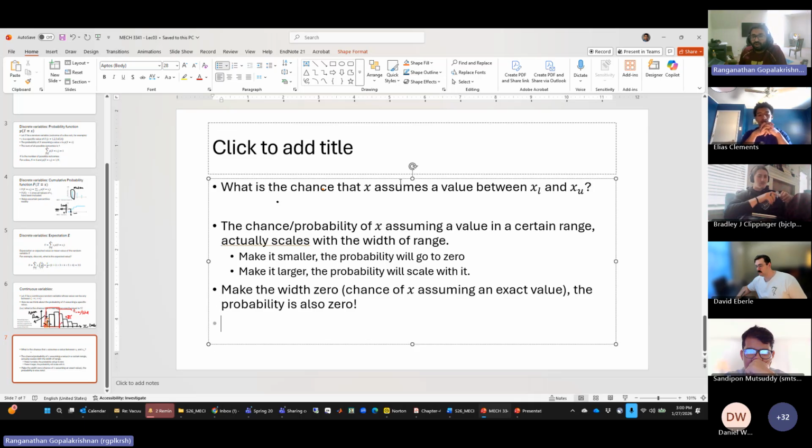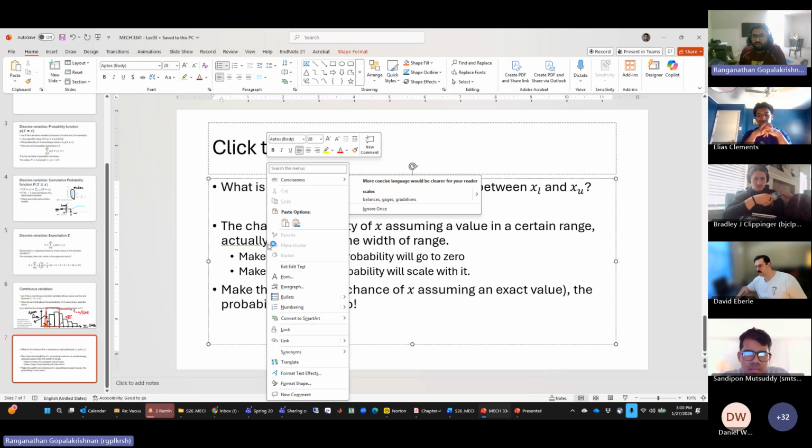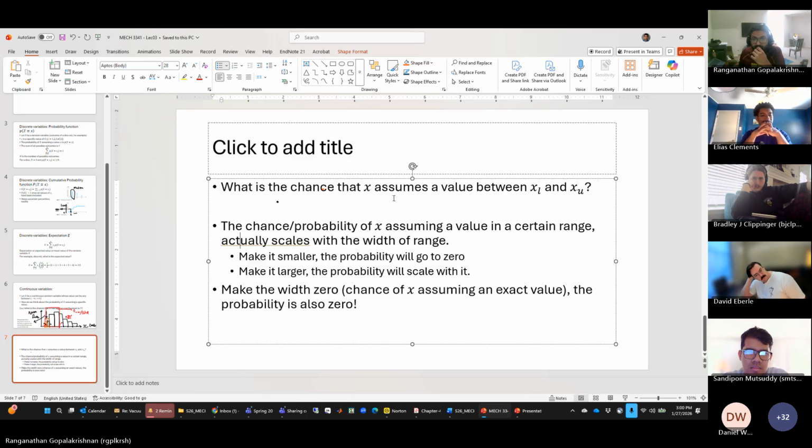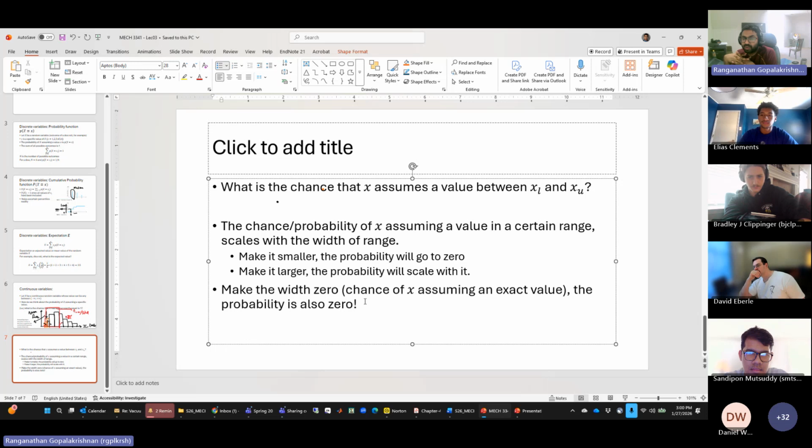So from this discussion, what can you conclude? How to express probability then, if it scales with the width of the interval, the width of your histogram? If it scales with the width, shouldn't we define probability also factoring in the width of the interval? That is,